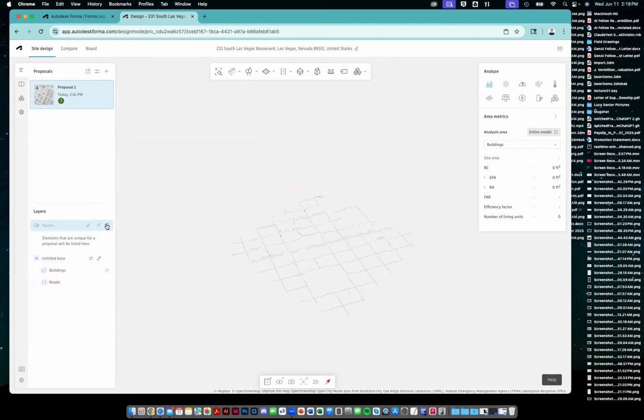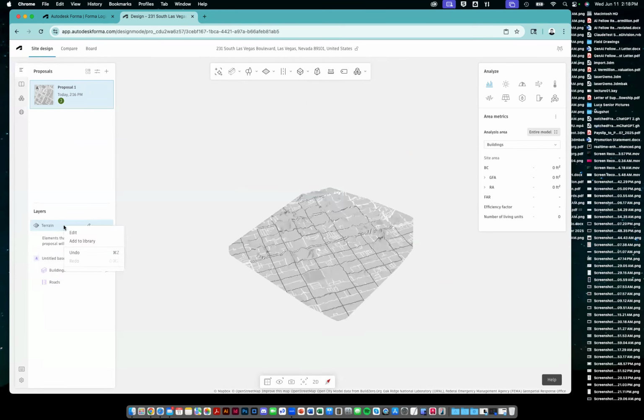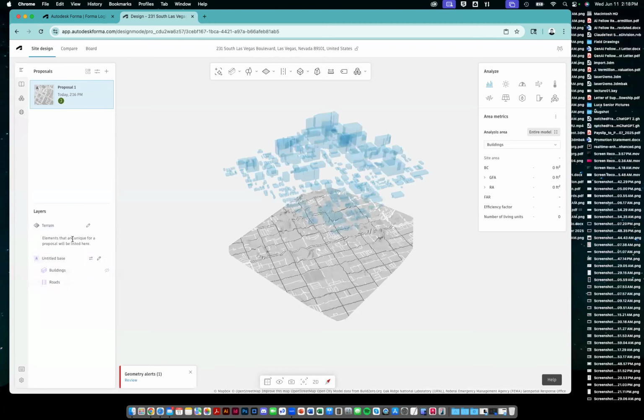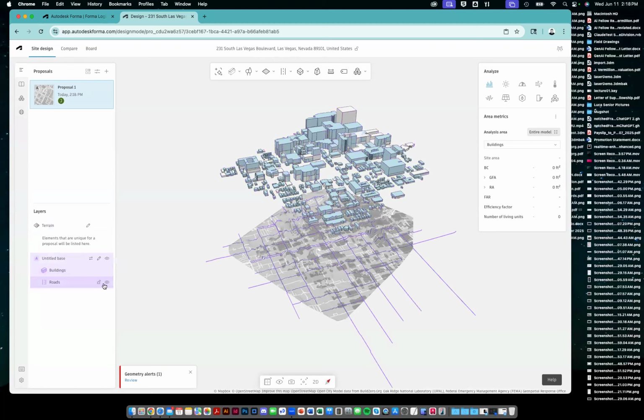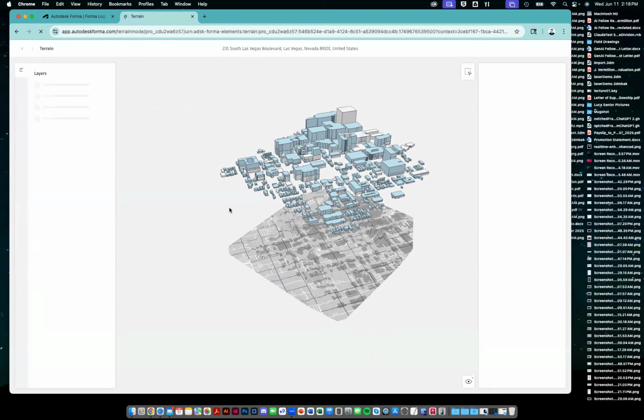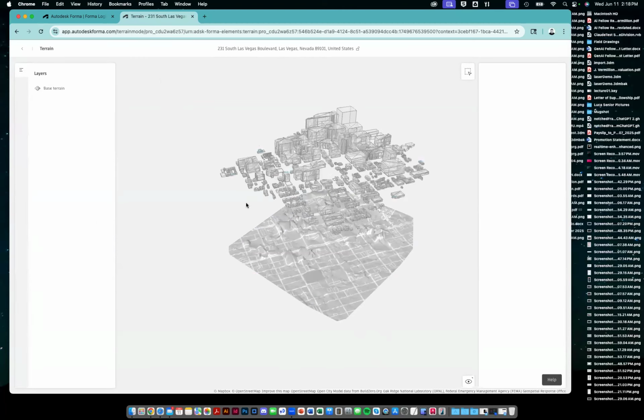Oh, it's this terrain. Add to library, undo. Oh, Jesus. I do not want to get into terrain mode. I have a bad feeling about this, but